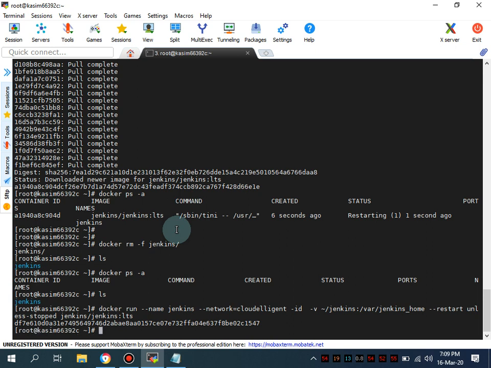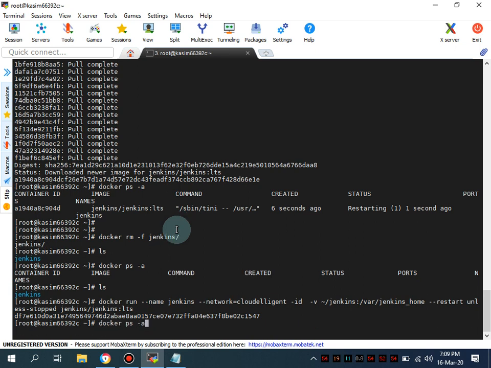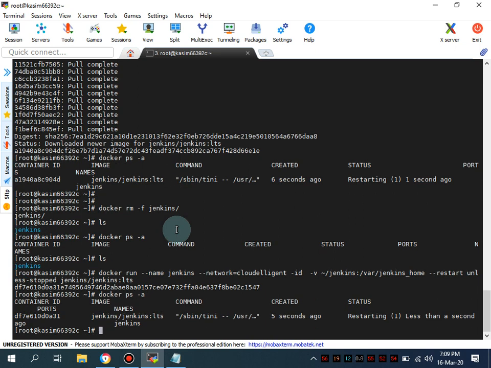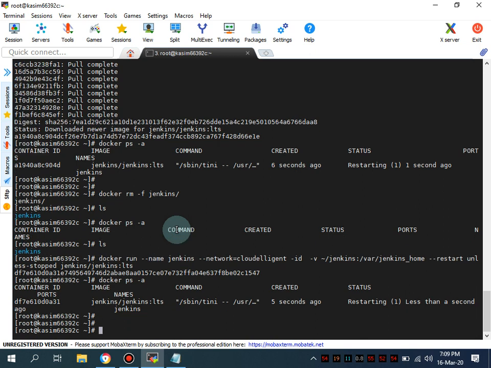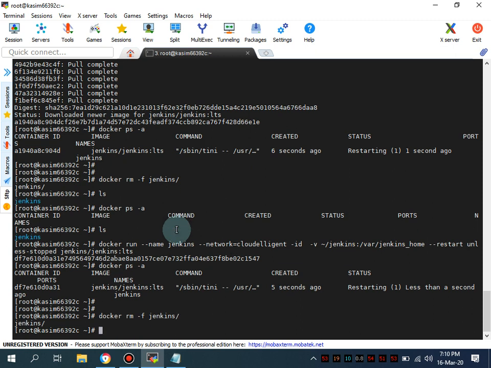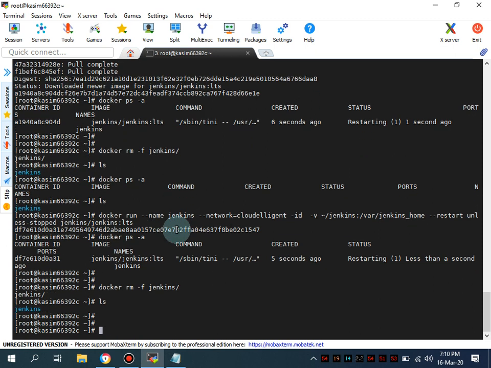in a demo mode. I'm going to show you the flags for Docker Jenkins without user root. So I'm going to remove it again. First of all, let's see the best practices. Let's remove this Jenkins